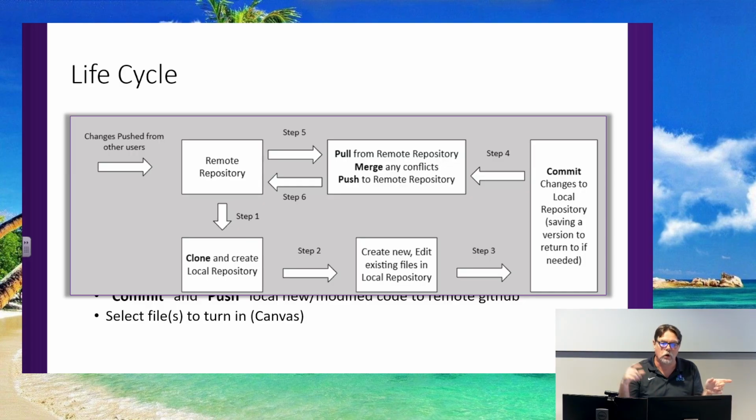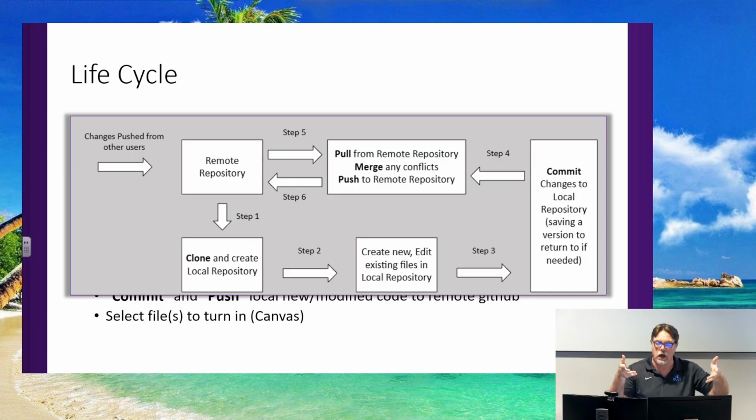And if you and one of your coworkers were working on the same area of the code, you might get a warning that says, hey, there's a merge conflict here. You and Jim were working on the same piece of code. So what it does is it puts little markers in the file, and you have to open that file and figure out which one of the lines of code, Jim's or yours, that you want to keep. So you work that out and resolve the merge conflict.